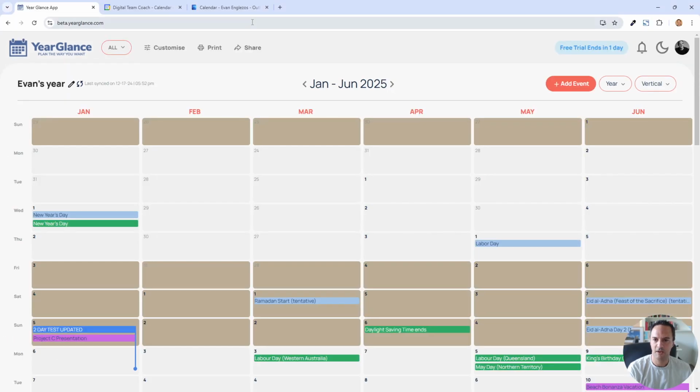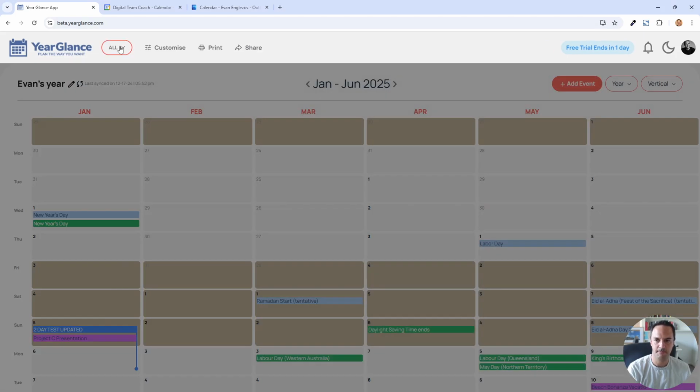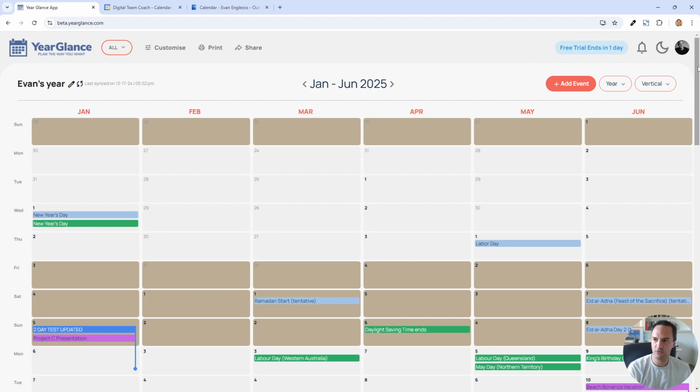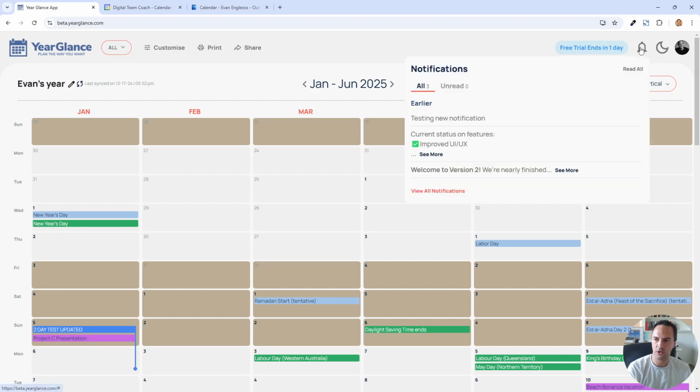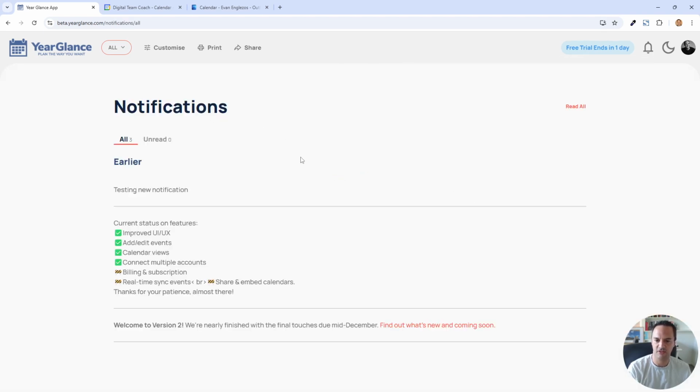All right, so that's the share feature. We've covered everything along here. And there's a few more things to show you. We've added notifications up here. So sometimes we'll give you a new notification and then there'll be a number there, and then you can see what's popping up. You can view all the notifications as well. And then we've done the night view.